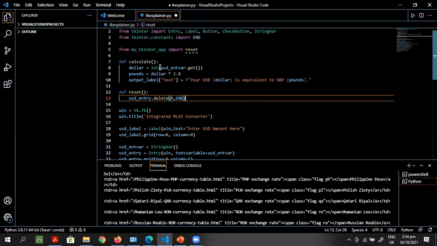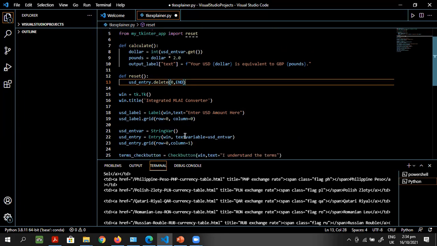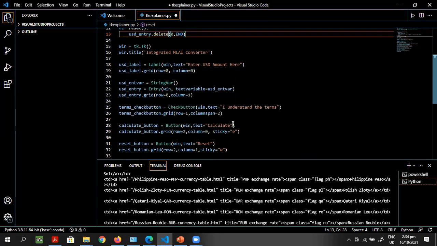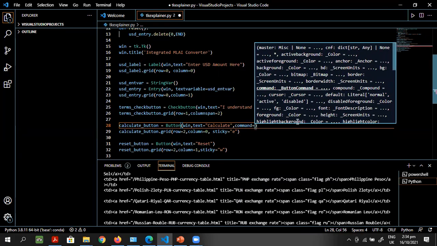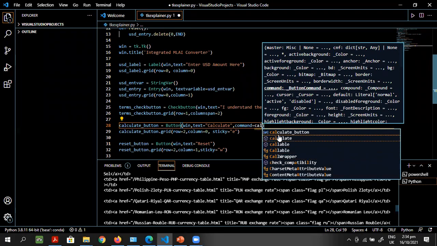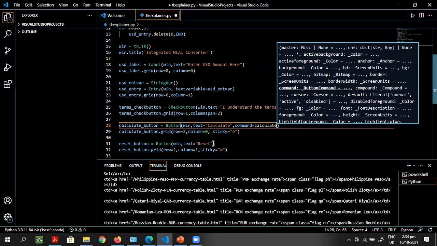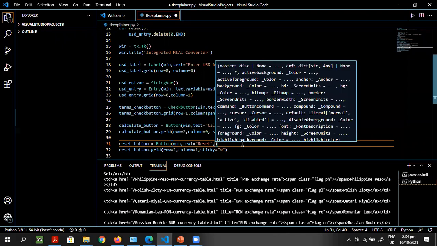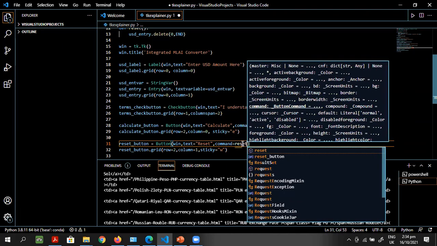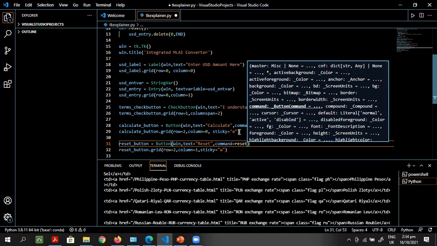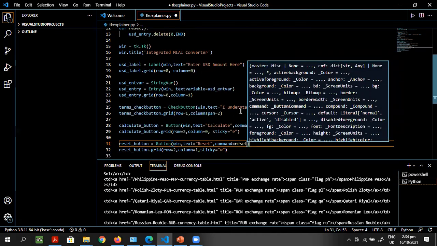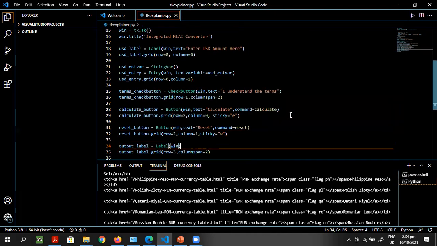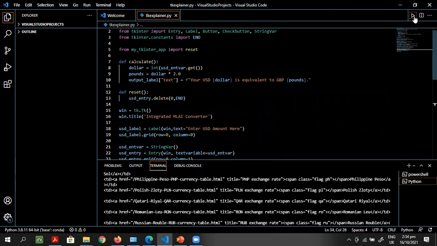All right, so now the next thing we will do, remember, we have not assigned this function to the buttons. So we'll go to this calculate button. One more parameter is command, and we'll tell it that the command here is calculate, and for this one, the command here will be reset, which is named after these functions here, calculate and reset. All right. So with that, I think we can run this app and let's see whether we get,